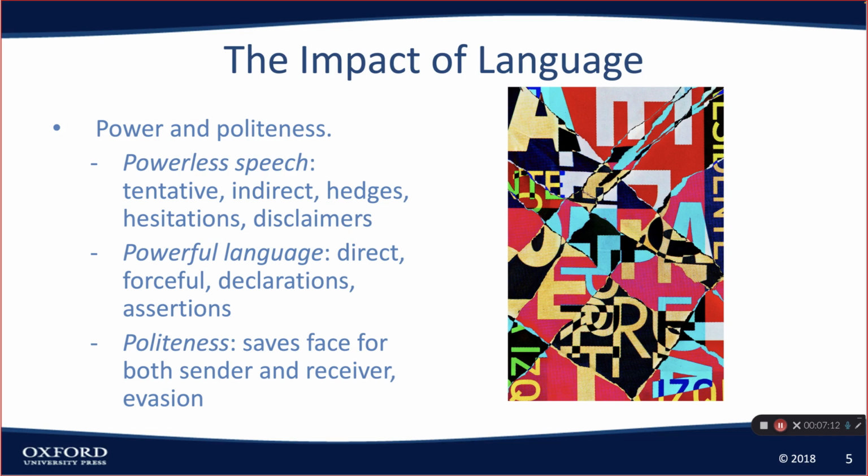Older editions of the textbook talked about powerless speech and powerful speech. I don't know why they do speech in one part and language in the other part, but they would say that powerful speech, this is for a low context culture such as the United States, Great Britain, a little bit Canada. Canada's too nice to really be using powerful language. It is direct. It is forceful. We use declarations and assertions.